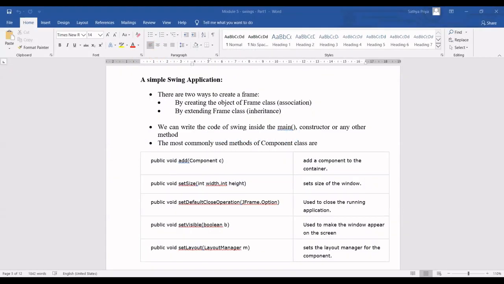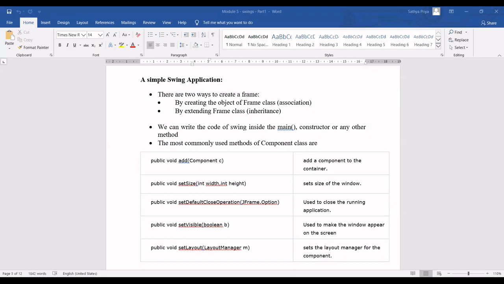Application. So majorly we are using JFrame and JApplet. Why JFrame and JApplet? Because JWindow doesn't have any border, no title, and no menu bar. And a dialog box is used whenever you want to have pop-up information. So that's why we will be using JFrame and the applet to implement your application.